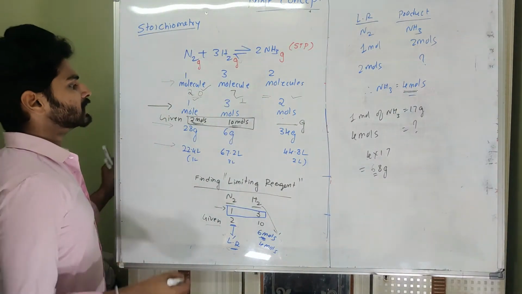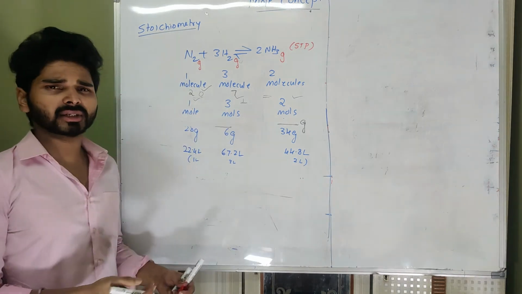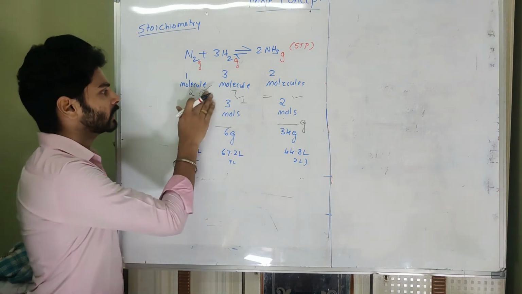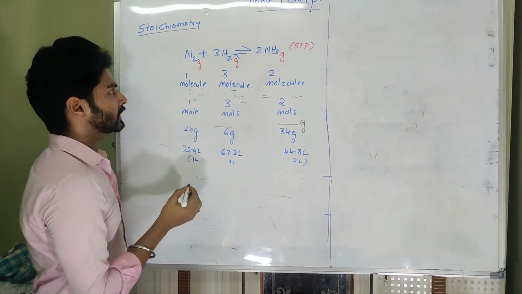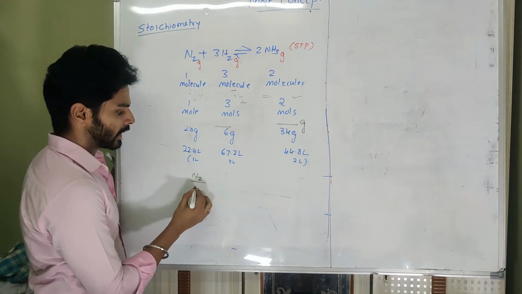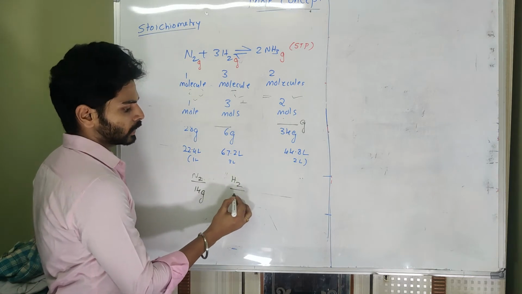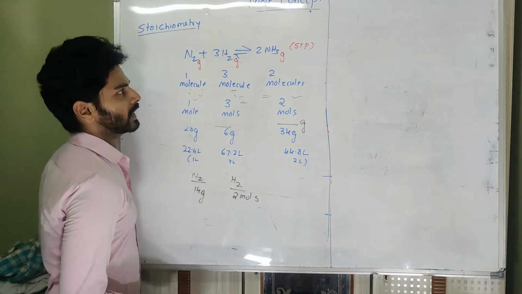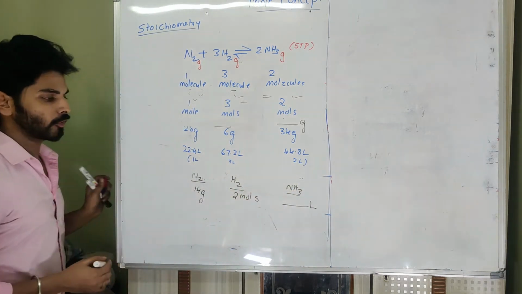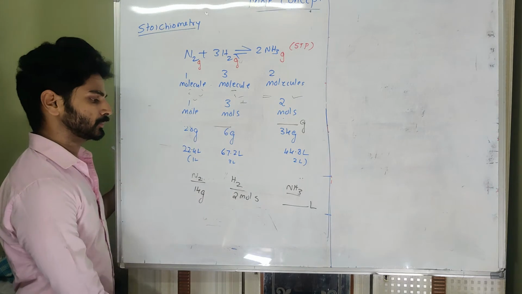Sometimes a question can be asked in a way that the reactants may not be in the same scale. Sometimes the amount of reactants may not be given in the same unit. In that case, let us say nitrogen is given in the data as 14 grams and hydrogen is given as 2 moles. Now we are asked to calculate how many liters of ammonia are formed. Here the given data are in different units and what is asked is in terms of liters.